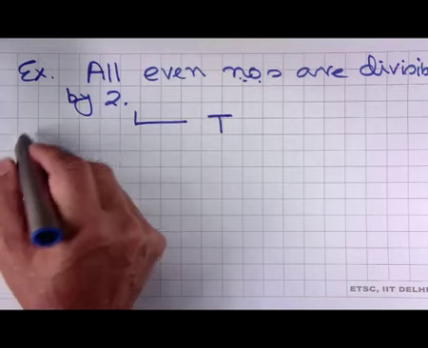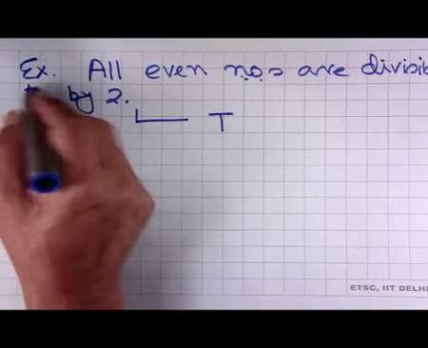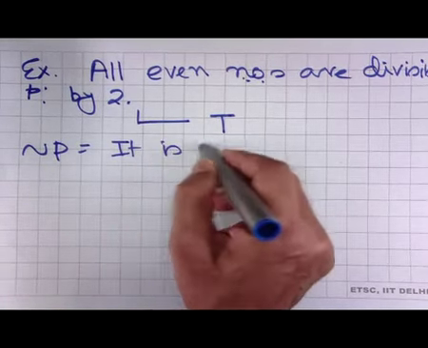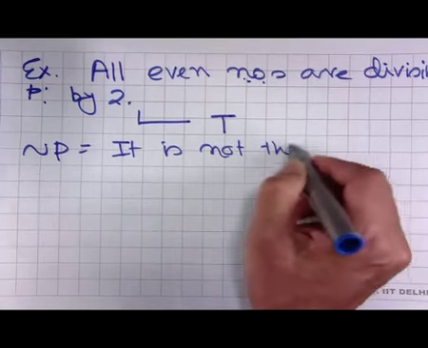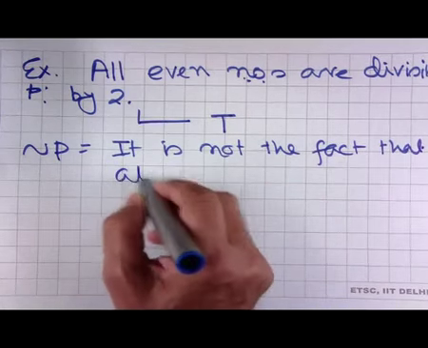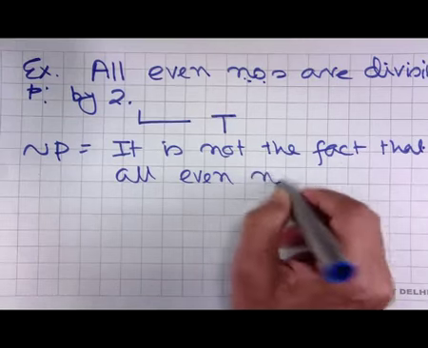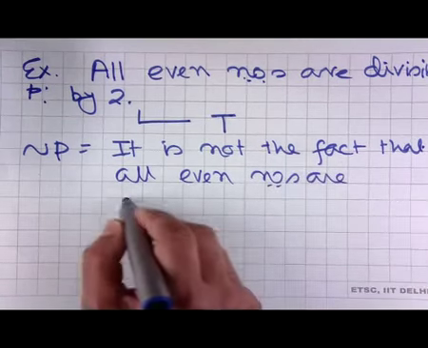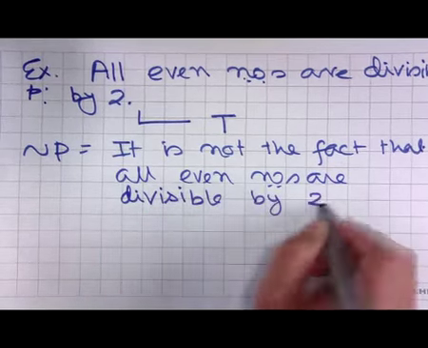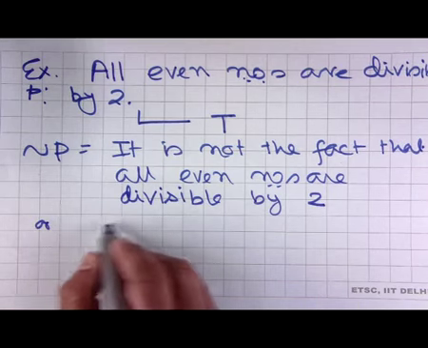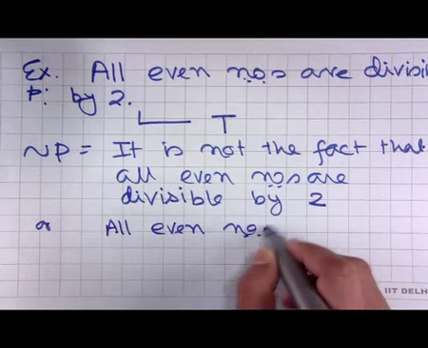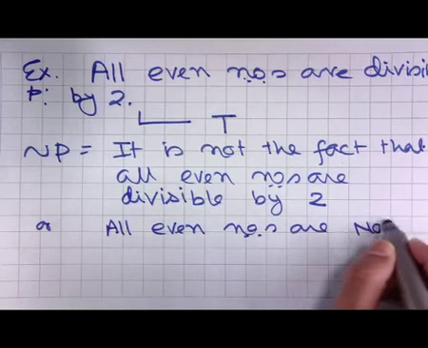Therefore, its negation, if I call it say P, then negation of P is equal to, it is not the fact that all even numbers are divisible by 2, or same as all even numbers are not divisible by 2,